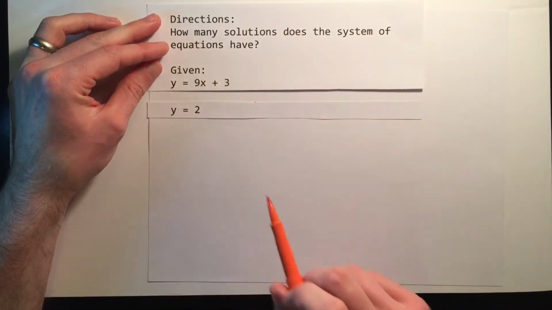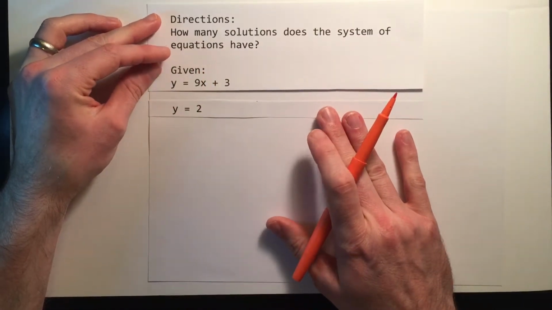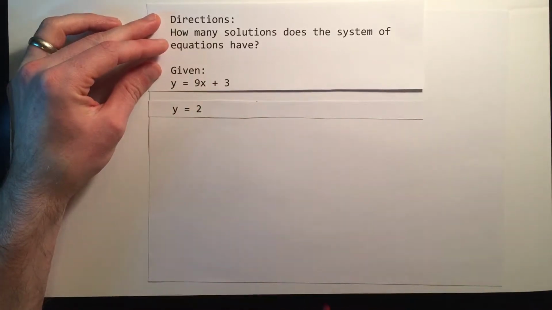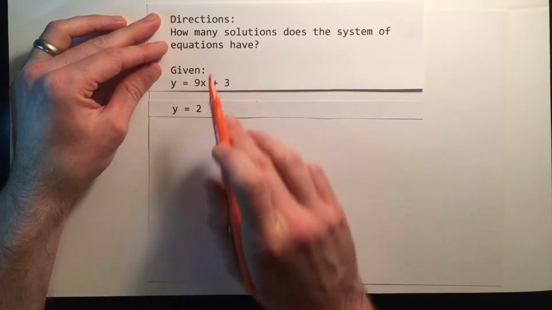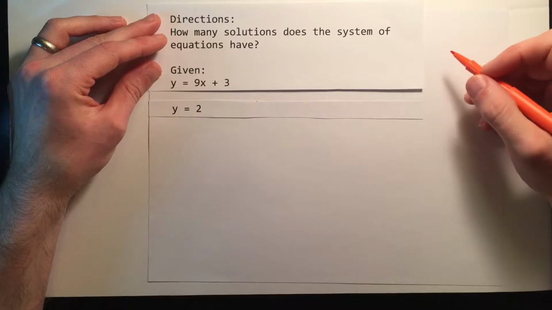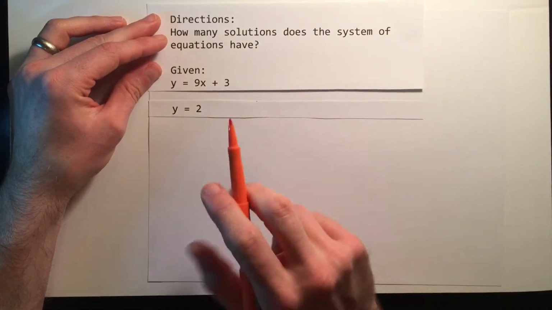A system of equations is just two or more equations, in this case two, and whenever you have more than one equation, you can call it a system of equations. So we have a system of equations. And how many solutions just means if you were to graph these two equations, and remember,